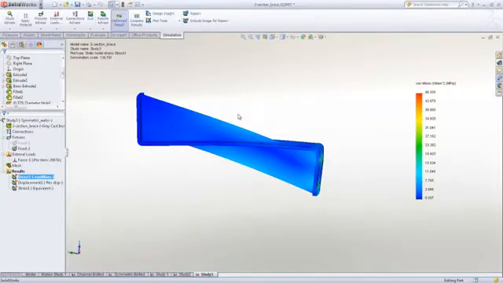So it's easy to do some quick design concept evaluations in SolidWorks Simulation and choose the best design to move